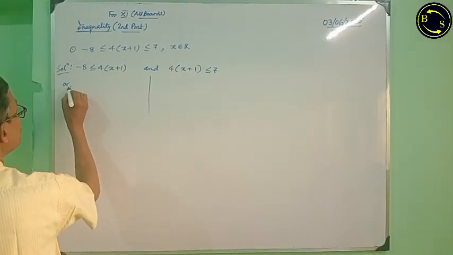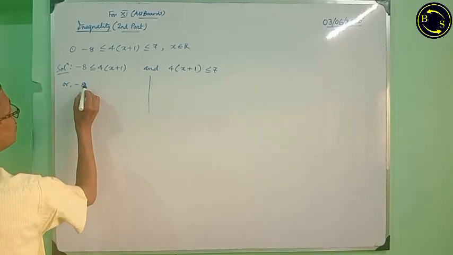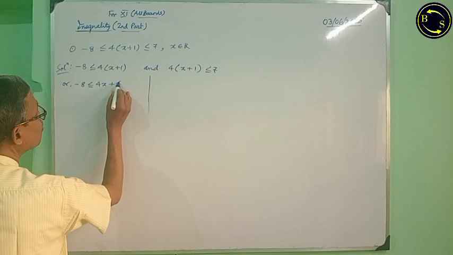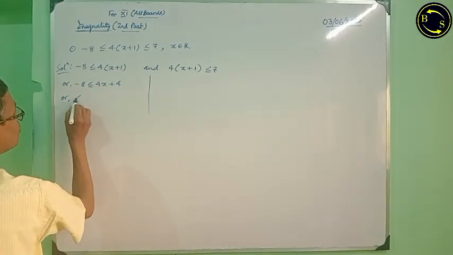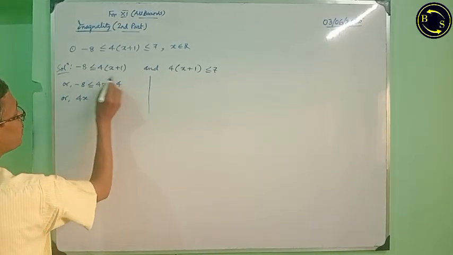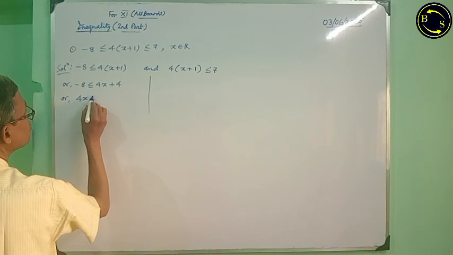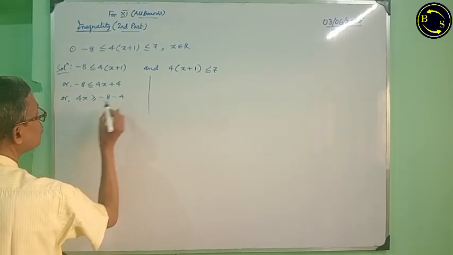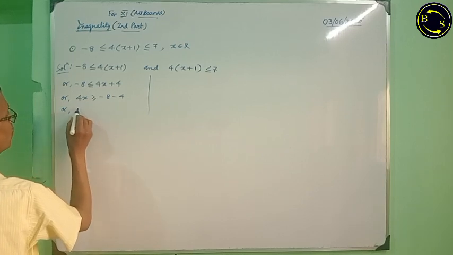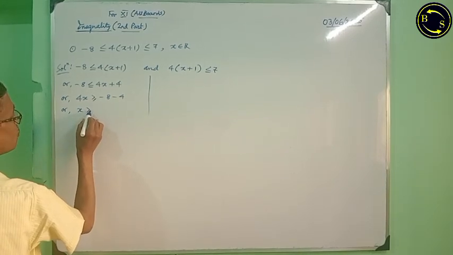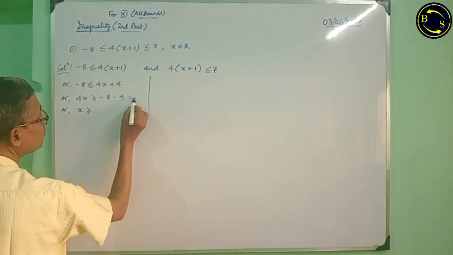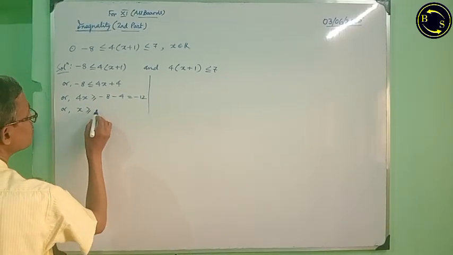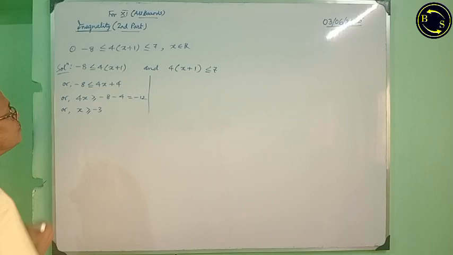From it, minus 8 less than or equal to 4x plus 4, or I take this side on the left, 4x greater than or equal to minus 8 minus 4, or x is greater than or equal to, this is minus 12 by 4, that is minus 3,